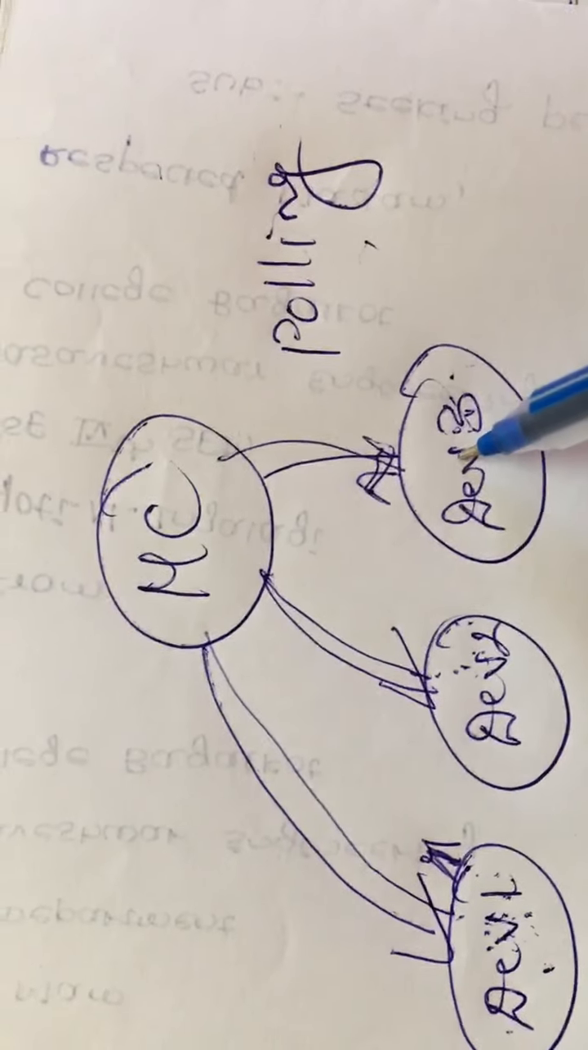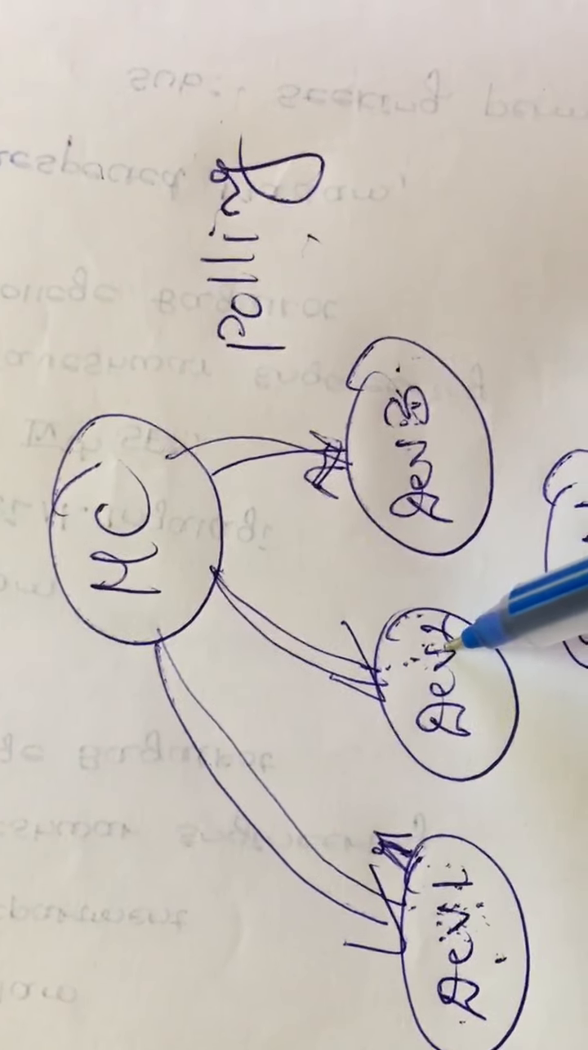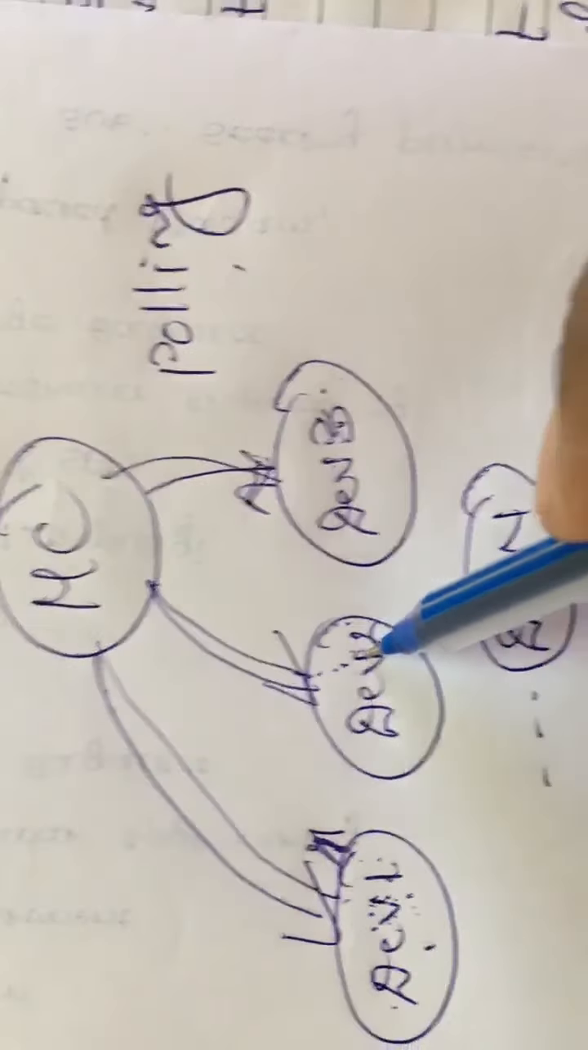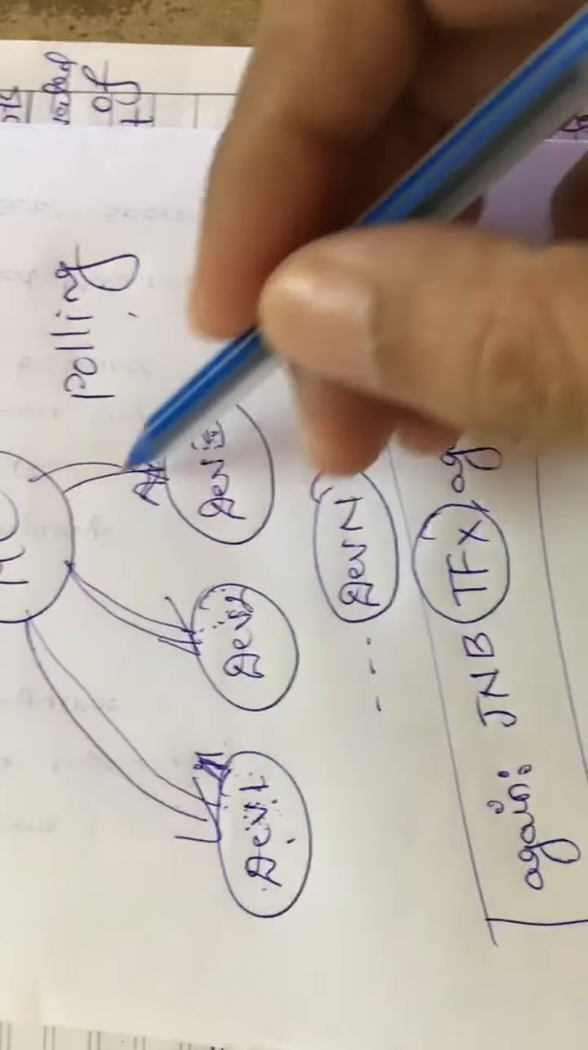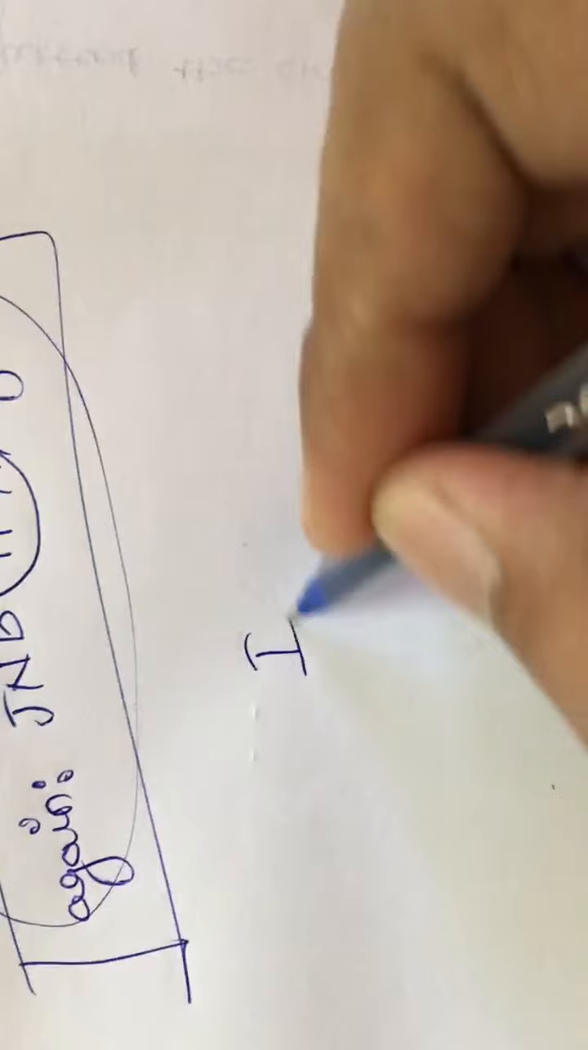So the time is wasted here until device 1 and device 2 complete their requests. Okay, this particular mechanism is called polling, but this is not the case in interrupts. In interrupts, what happens is,